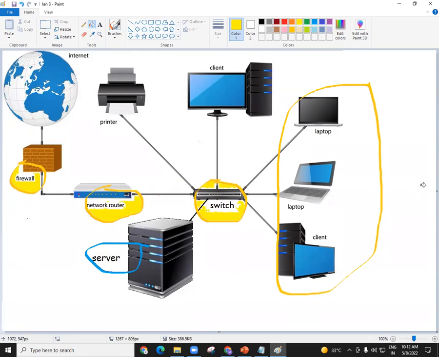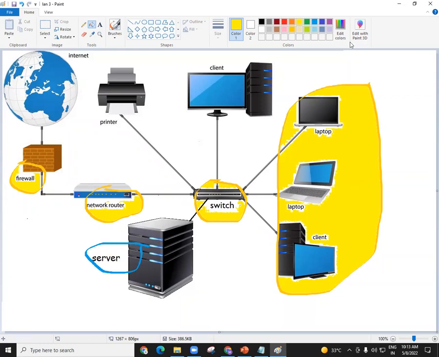Okay. Now, coming to computers and laptops, we know this very well, what we can do on computers and laptops. Whatever you do in your personal life, whatever your personal work, the majority of work we will do the same in our company. Someone is working as an accountant, so accounts applications will be there. Someone is working as a programmer, so programming applications will be there. So computers are the same everywhere. So these are very common devices.